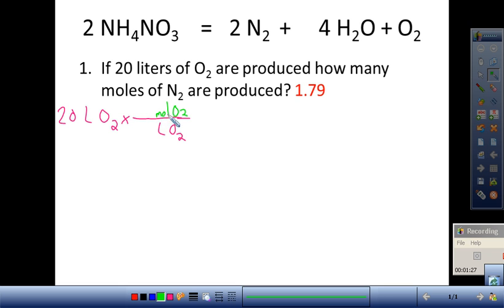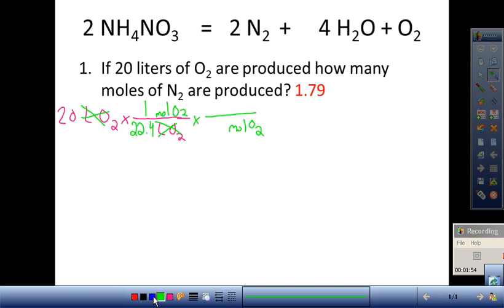My fraction only has 1 mole in it, so I'm going to use number 1. My liters, always 22.4, that number never changes. I'm going to cross off my like units. Now I'm in moles of O2. Am I done? Well, I want moles of N2, so I'm not done. So I'm going to take my units here, put them down here,